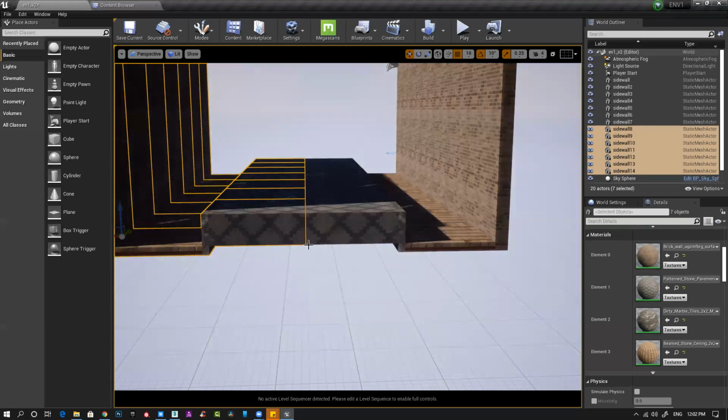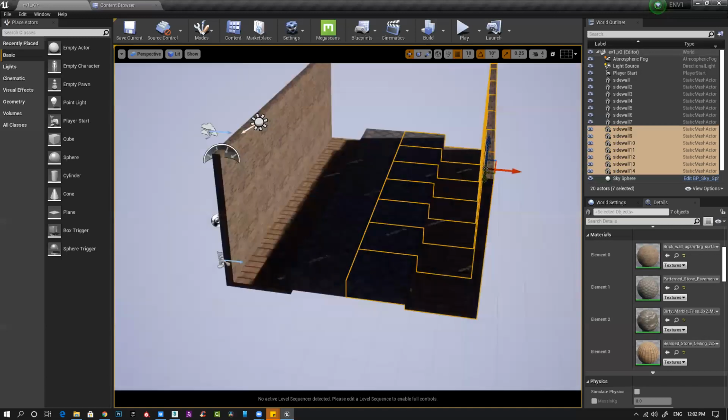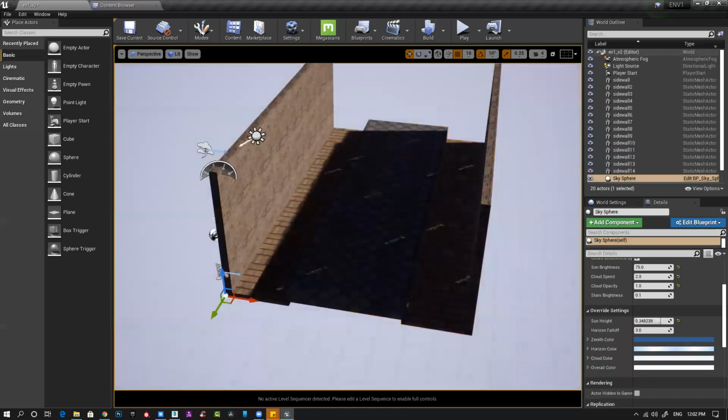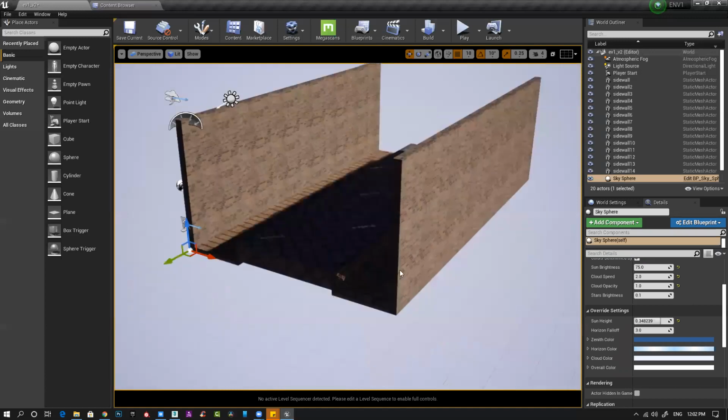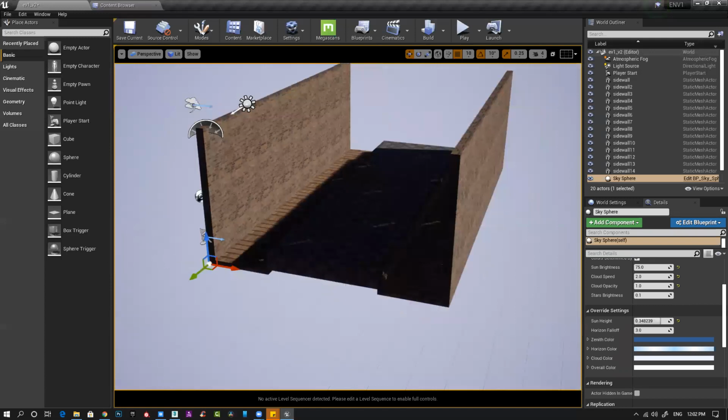It snaps based on one grid square. It becomes kind of easy, and I have created this entire platform within no time.